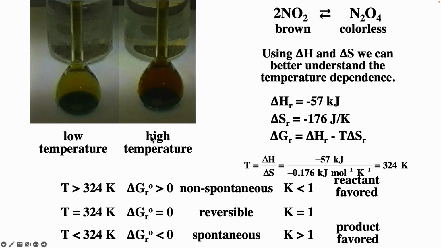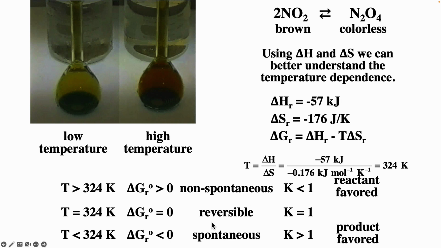Higher temperature, again, remember that favors our reactant. And so delta G would be positive. That would be a non-spontaneous process. K would be less than 1, and we'd say the reaction was reactant favored because they have mostly reactants at